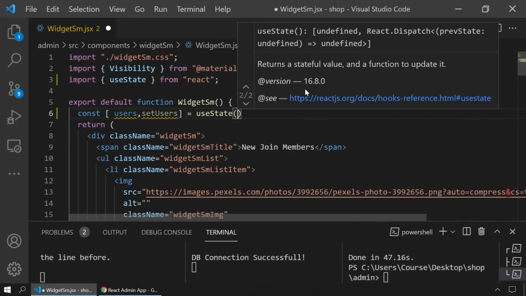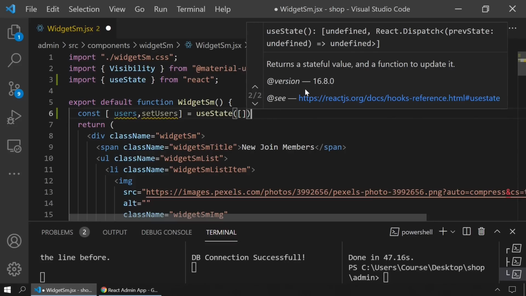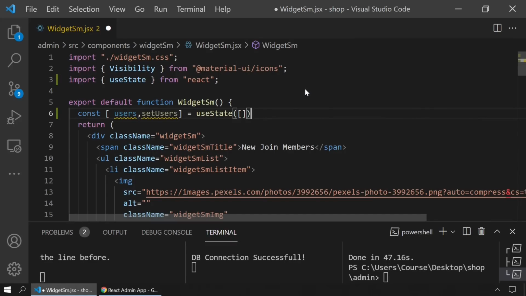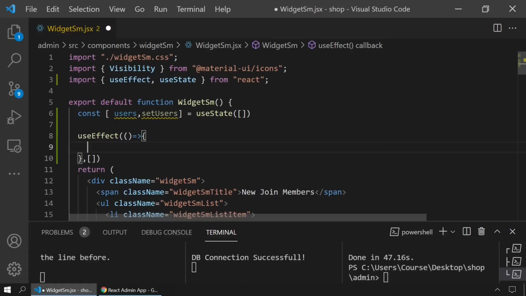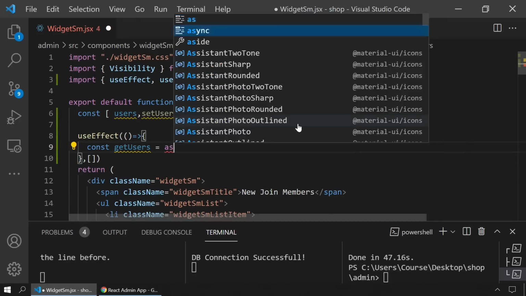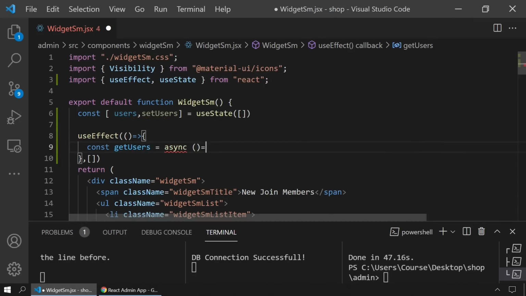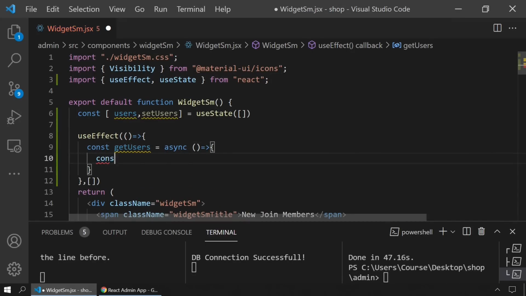And initial state will be an empty array, and after that we are gonna fetch our data. Let's write here useEffect, and I'm gonna write here my fetching function. It's gonna be const getUsers. I will say async function,